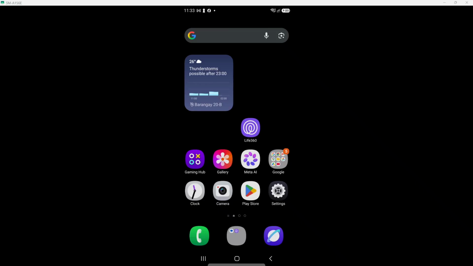In today's video, I'm going to teach you how to download the Park Mobile app. First, open the Google Play Store. You can find the Google Play icon on your device's home screen or in the app drawer. It typically looks like a colorful triangle.